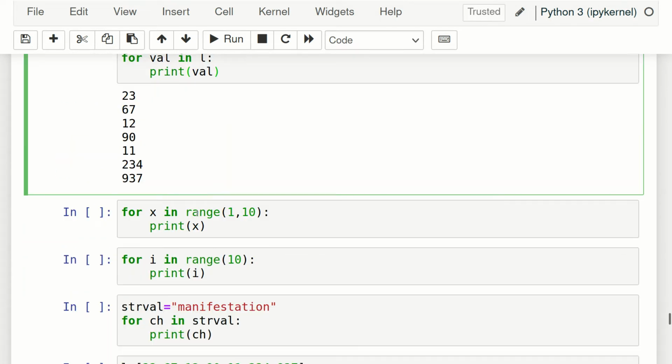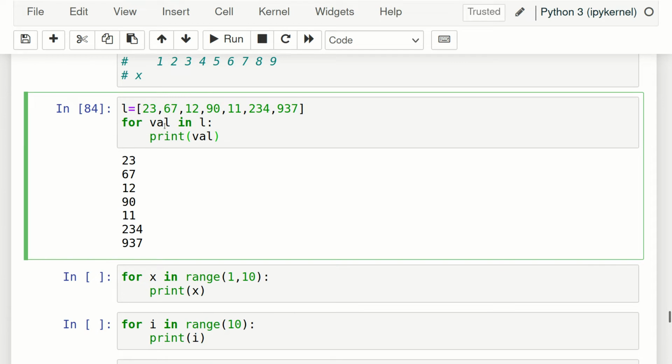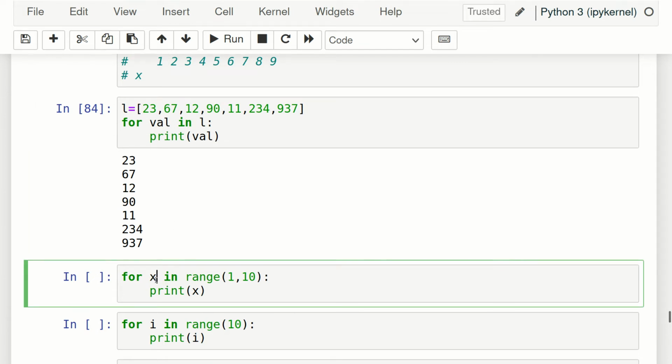Similarly, for x in range. See here I have given val, so you can give any variable name. Similarly, I have given x here. In this case the iteration was over the list, but suppose I want iteration over some number range. For that we use range 1 to 10. So I am saying x should iterate from range 1 to 10.